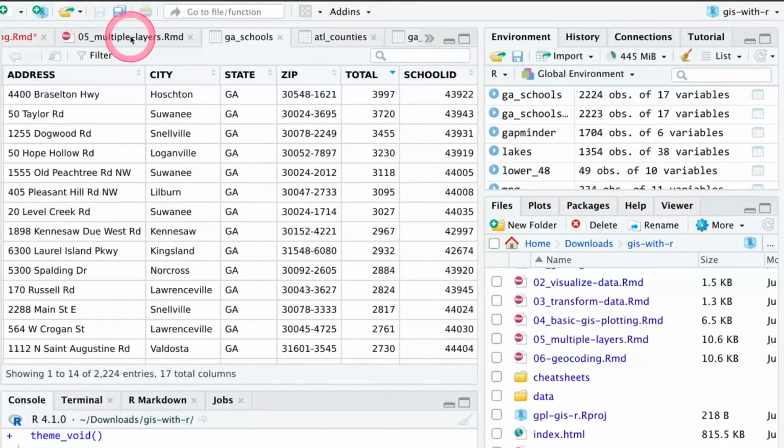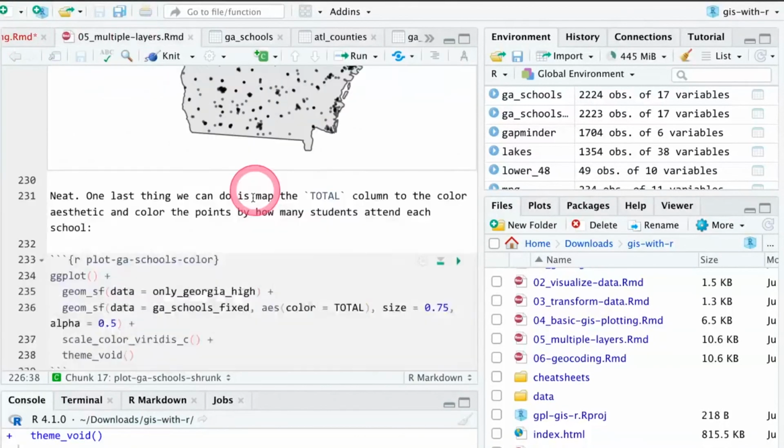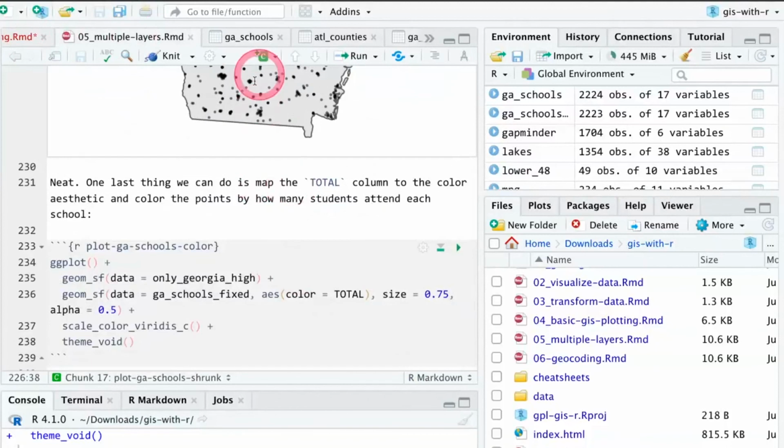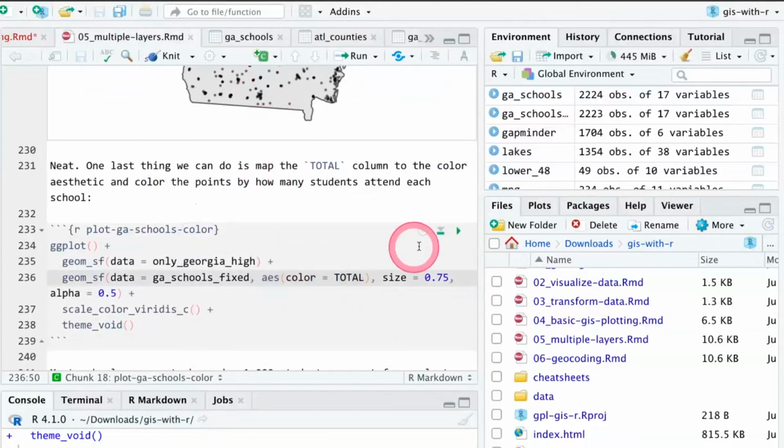We can actually visualize that. So instead of saying have the color be black, we can use this aes function to make that total column get mapped onto the color aesthetic. So all of the points will be colored by the number of students that are in that school. So if we run this chunk,